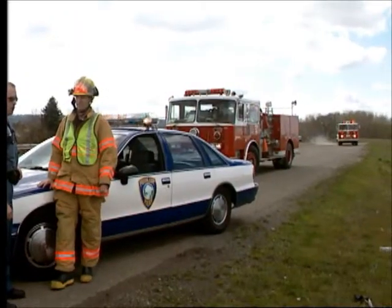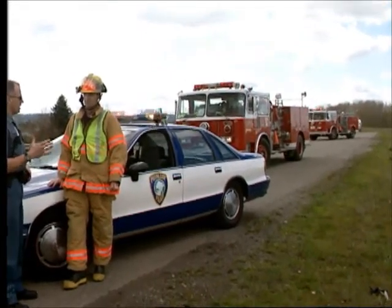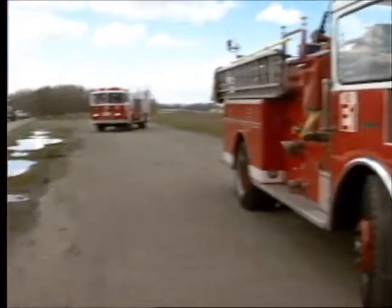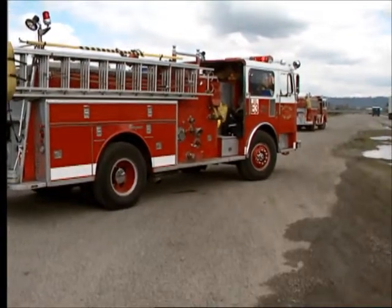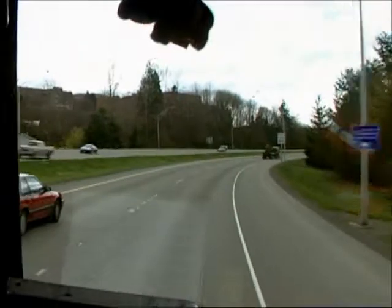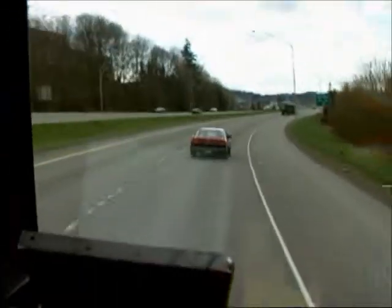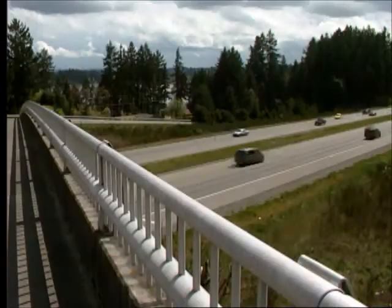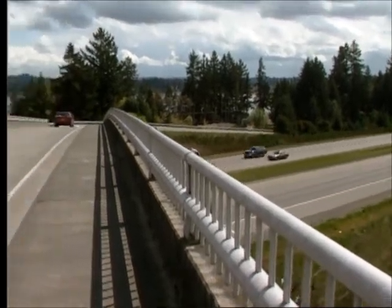If an additional apparatus arrives at the scene, park at about 150 to 200 feet or 45 to 60 meters behind the apparatus in use. The second apparatus will act as an additional barrier between firefighters and traffic. Water supply is often a problem because hydrant placement on many highways and freeways is infrequent or non-existent. When responding to a freeway incident, it is often beneficial to have a pumper respond on a